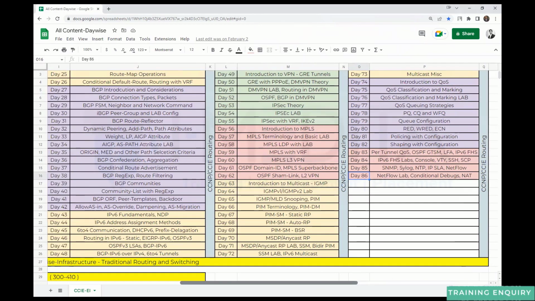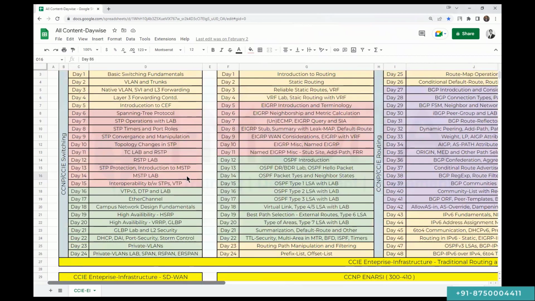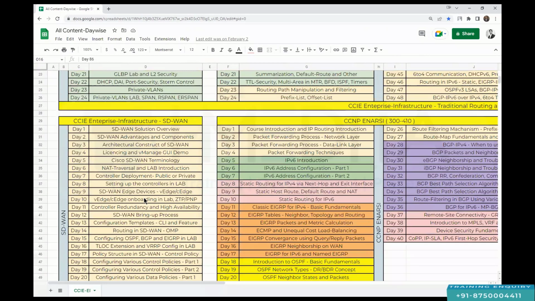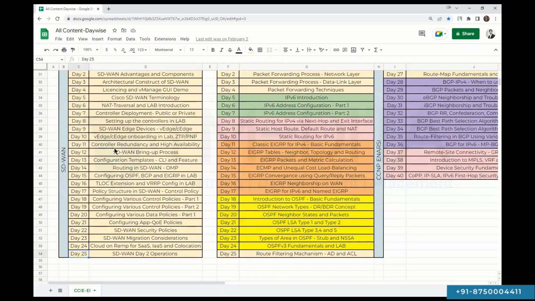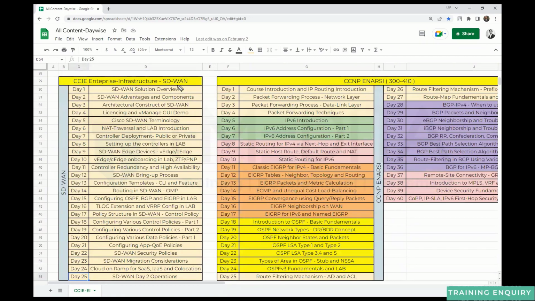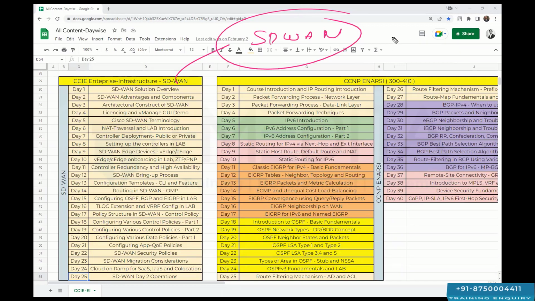Then we talk about SD-WAN, dedicatedly SD-WAN. It will take approximately 24 to 25 classes for the SD-WAN. This is not your CCIE SD-WAN. This is the entire SD-WAN. If I talk about a specific CCIE SD-WAN, it will take approximately 10 classes maximum, not more than that. But this is entire SD-WAN, where we have to talk about deployment of the controller in different places like AWS,